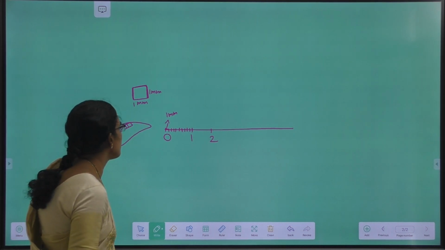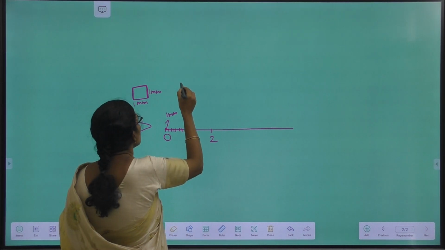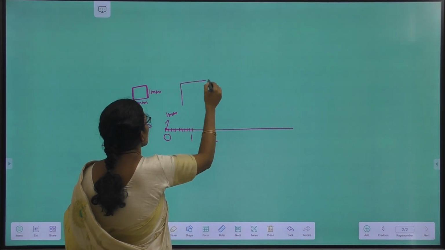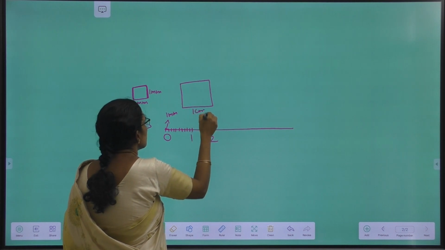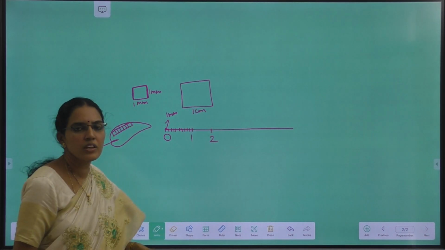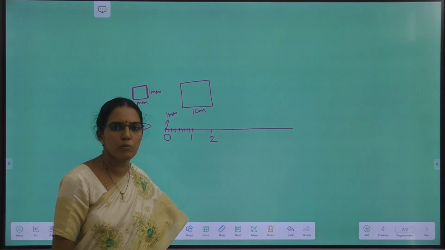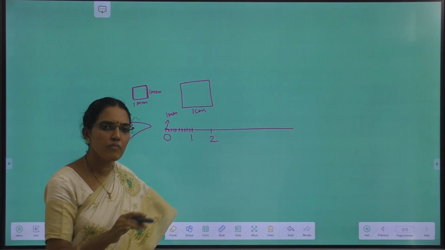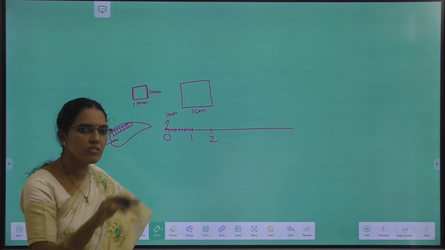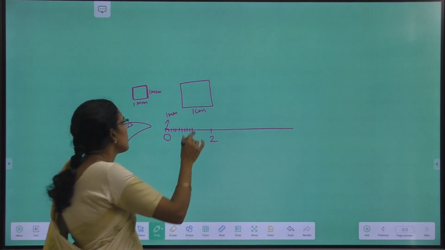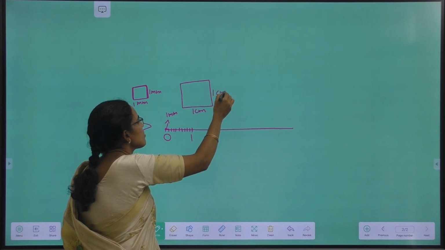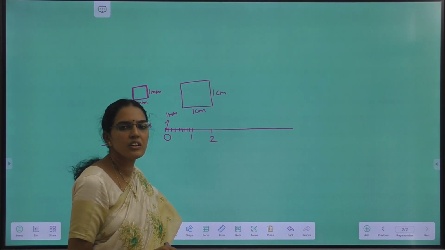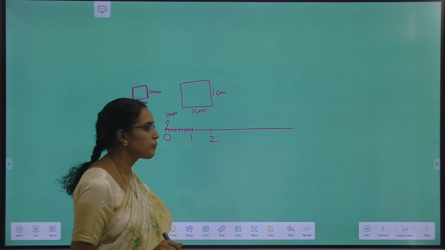If the area is a little bit bigger, then we use centimeter square. That is 10 times bigger than a millimeter. If the region is a little bit bigger, for example, the area of the top of the table, if you want to know the top of the table area because I want to design something on that, then we use a centimeter square. How many 1 centimeter squares it occupies, that is the area of that flat surface.